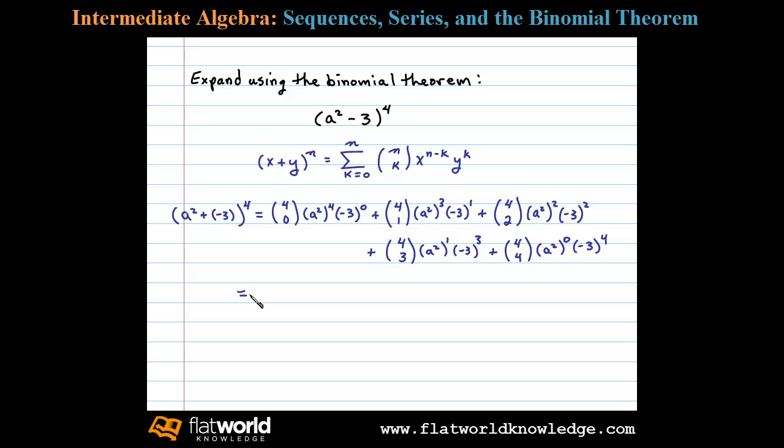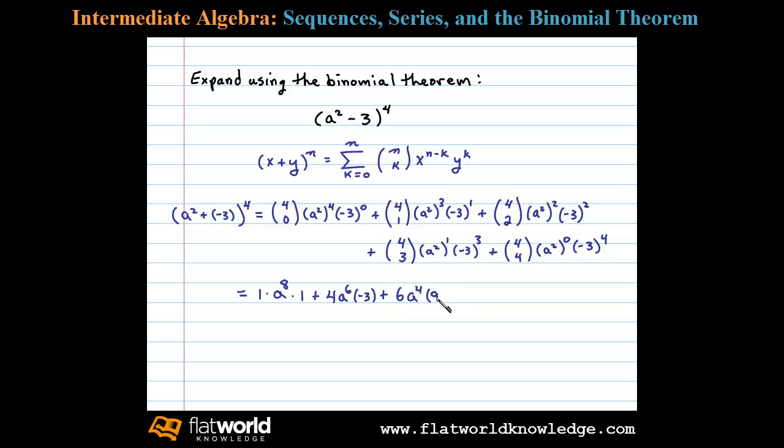Okay, once we expand using the binomial theorem, we then simplify. Now 4 choose 0 is 1, times a squared to the fourth power would be a to the 8th power, and then of course negative 3 to the 0 power is 1, plus 4 choose 1 is equal to 4, a squared to the third, it's a to the 6th, and then times negative 3, plus 4 choose 2 is equal to 6, a squared squared is a to the 4th, and then negative 3 squared is 9,